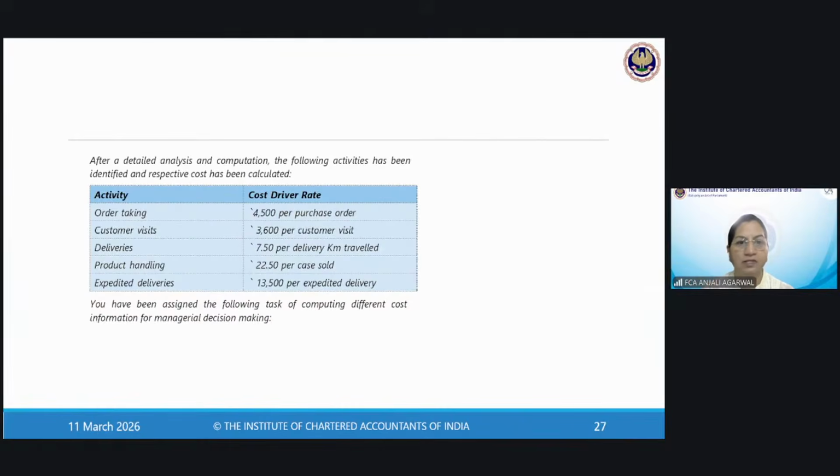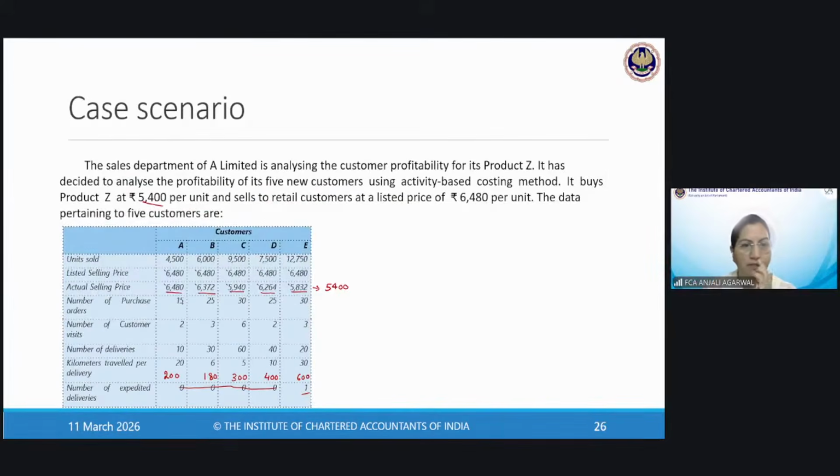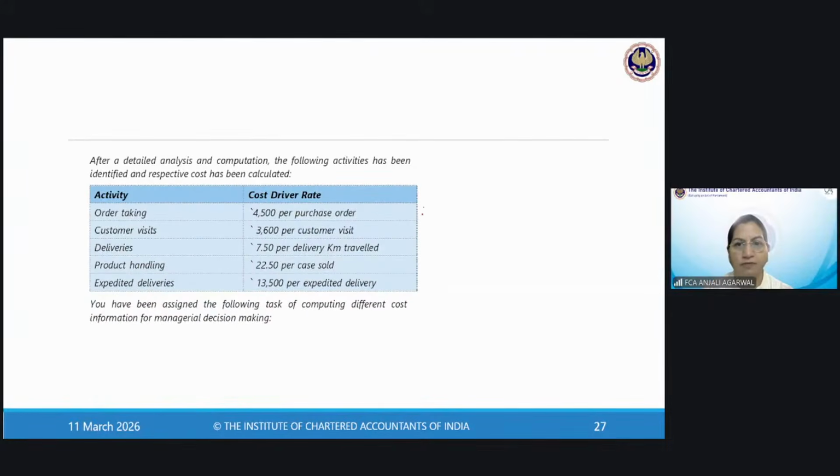So, order taking is 4,500 per purchase order. So, how many were the purchase orders? 15 plus 25, 40, 70, 95, 125. So total number of times this cost driver was undertaken is 125, and the cost driver rate,